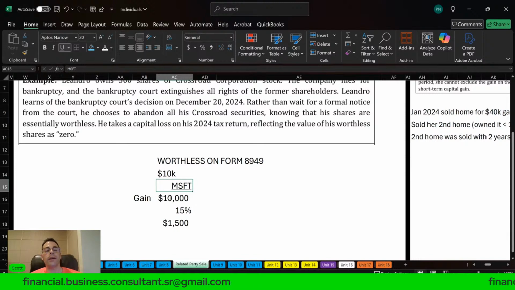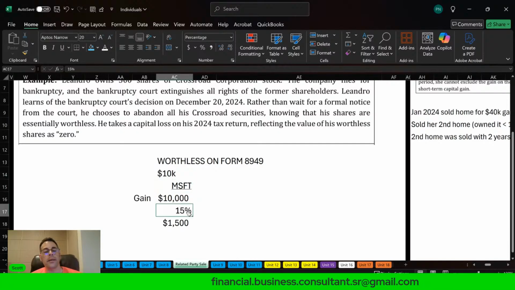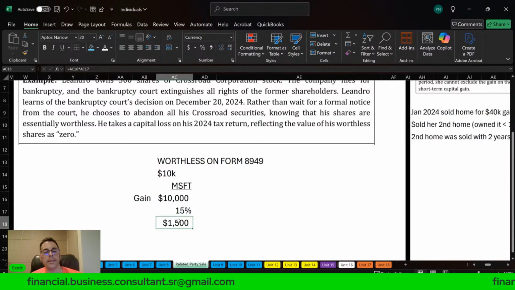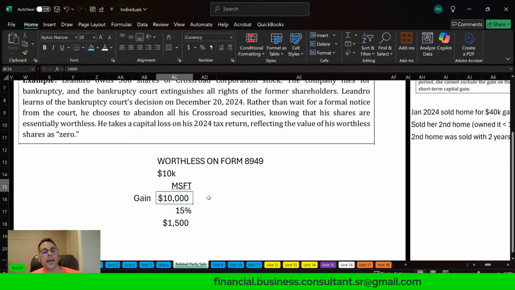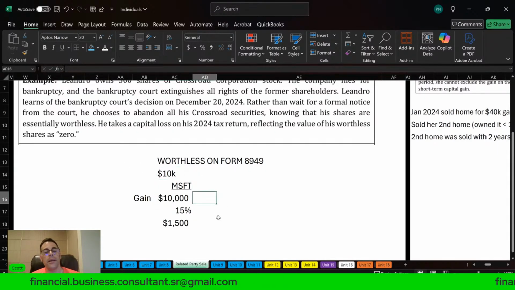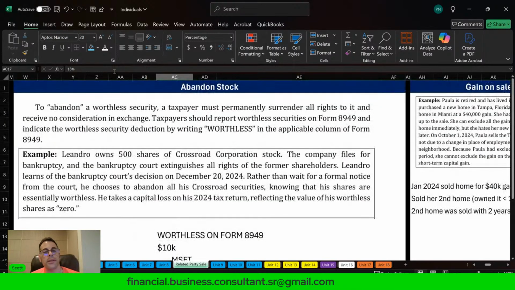So say you had a gain of $10,000 from Microsoft stock, you have to pay taxes on all gains. Anytime you profit on anything, you have to pay taxes. So say you're at that 15% level, so you pay $1,500 in taxes when your CPA does your taxes. But if you were able to write off this $10,000 stock, then it would net against it. So you would not have to pay the $1,500. So that's where stuff like this is beneficial.